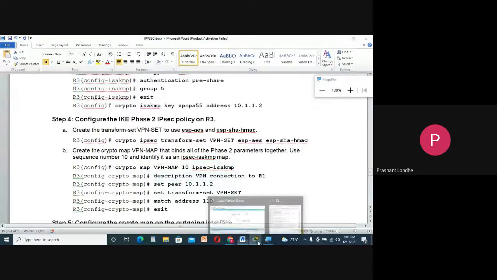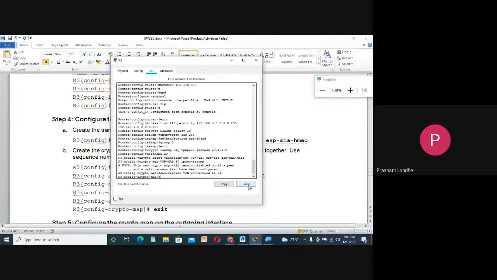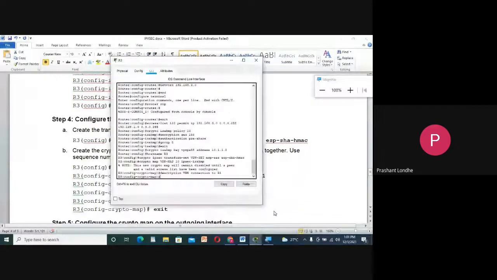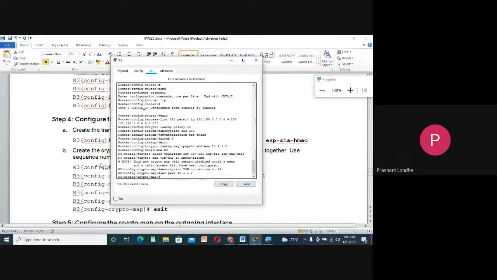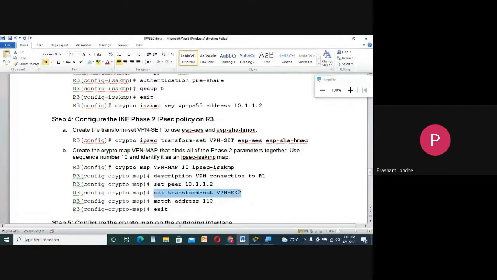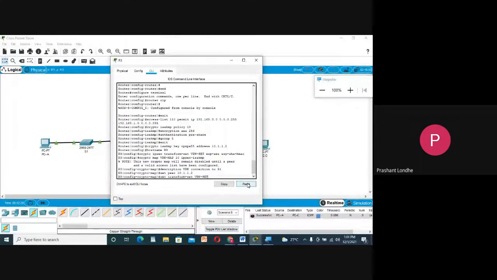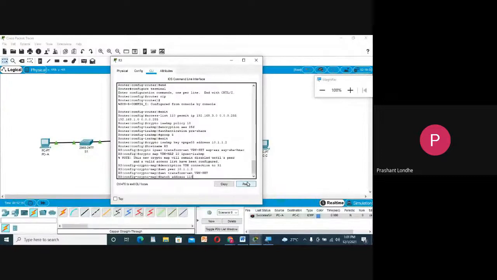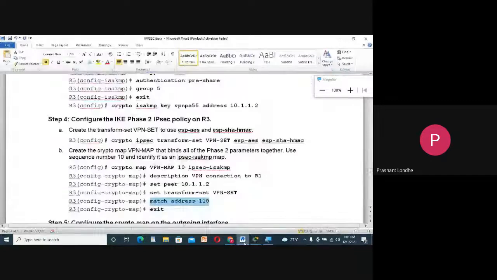So add the things over here. And then finally exit.